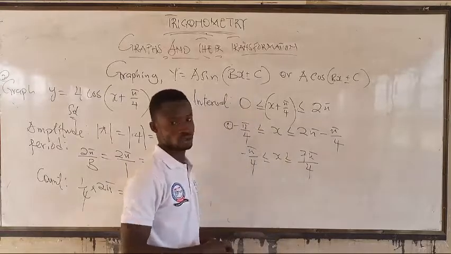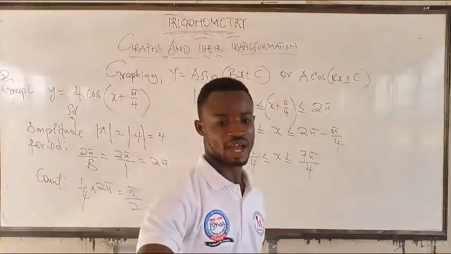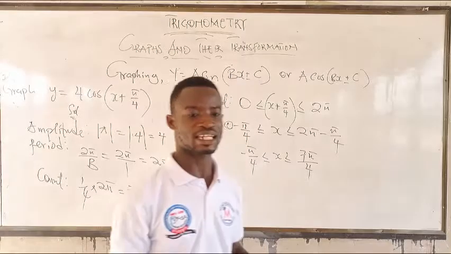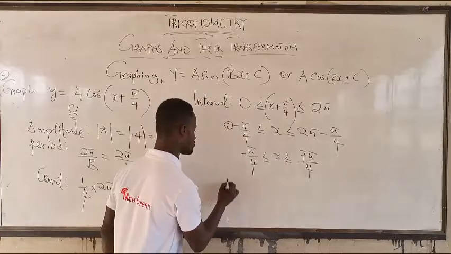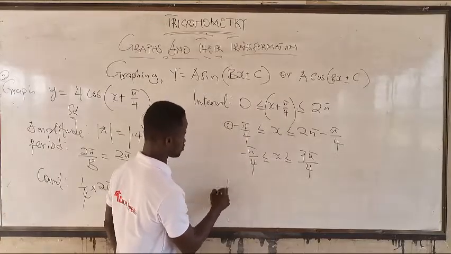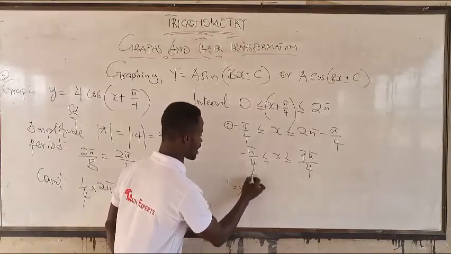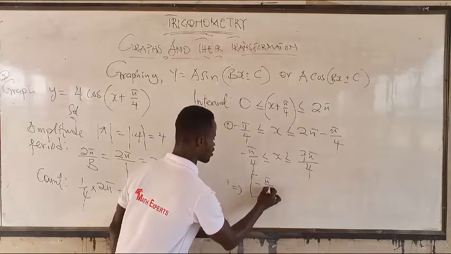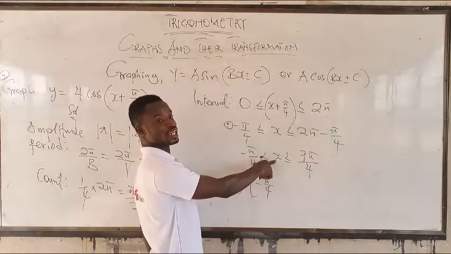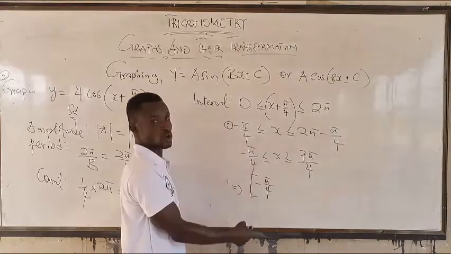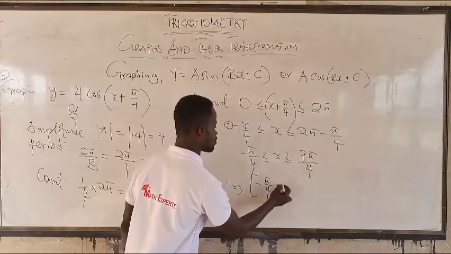So this is going to be 7 pi over 4. And finally, we get our interval. Therefore, the interval is negative pi over 4. Since we have only x here, that's why we are concluding that it's going to be negative pi over 4,